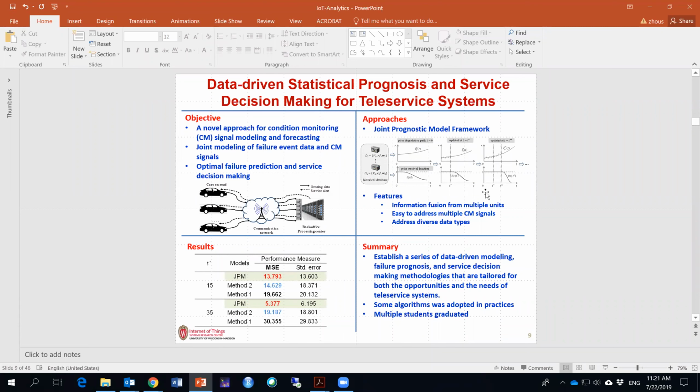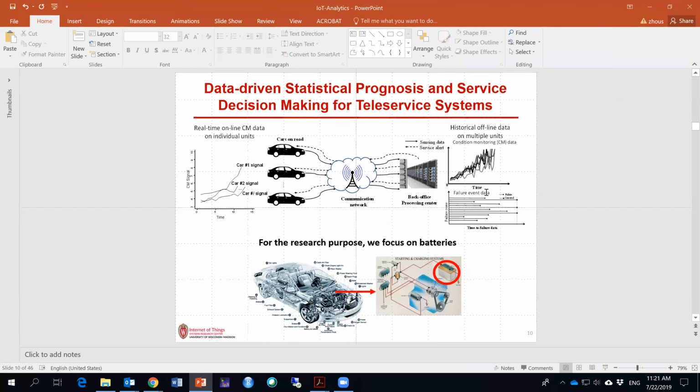So we collect data from the cars in the field and try to predict the critical failure, predict catastrophic failure to the critical components. One specific component we're working on is a car battery. It's a lead-acid battery. It's in charge of starting the car. So if the battery goes down, we will not be able to start the car. So the customer will be stranded. So it's a critical component, although it's not a very complex component, it is a critical component in the automotive system.